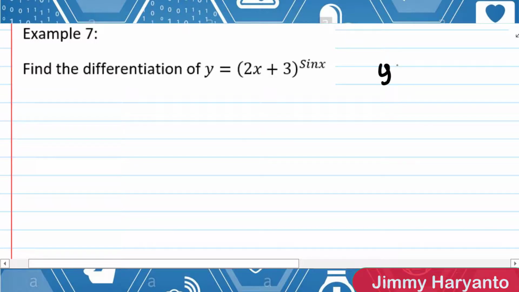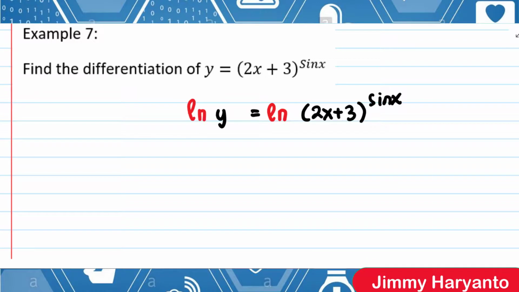because we don't have a formula like this, like x to the power of x. We don't have that kind of formula, right? So we have to do something with the function first. The thing is, I have to eliminate these powers, right? If we don't have these powers, we can differentiate this easily. So I have to eliminate those powers. How to eliminate that? I will use ln. I will give ln on the right side and also ln on the left side. So I will have ln y equals ln of 2x plus 3 to the power of sin x.